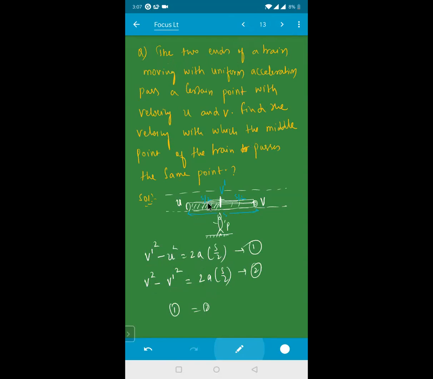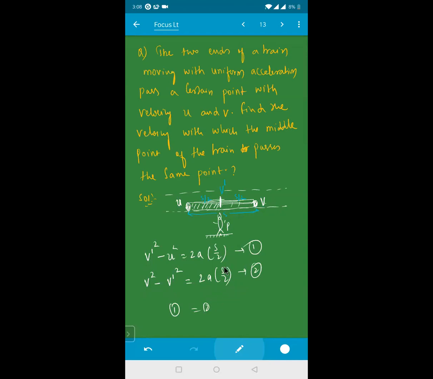So what I did, you see, this end is moving with velocity u, this end is moving with velocity v, and the middle part is moving with the velocity v dash. That means for this part, this is the final velocity, and for this part, this is your final velocity and this will become the initial velocity. Isn't it? Because it is passing it. This already is a final velocity. This will become for me the initial velocity. So for this part, final velocity is v dash square, initial velocity is u, that is equal to 2a into your s by 2. Now for this part, this is your initial velocity and this is your final velocity. So it is v square minus v dash square is equal to 2a into your s by 2. Is that clear for everyone, this step?